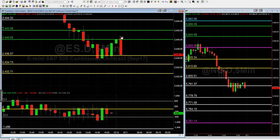This is all about staying on point, structured, right? And you can see again in NQ right off the top of the white zone. And again, that's a rotation of almost 10 points from 5,800 to 5,810. Structure, location, calm trading, a checklist, a process checklist that you can follow again and again and again, and understanding